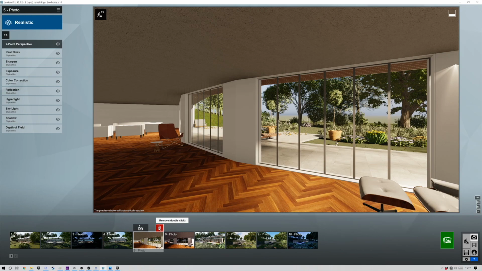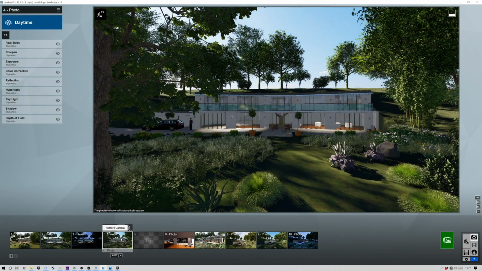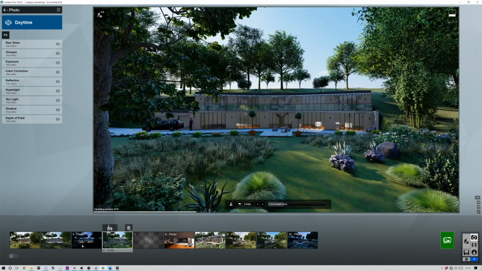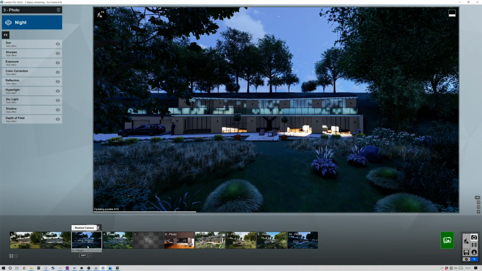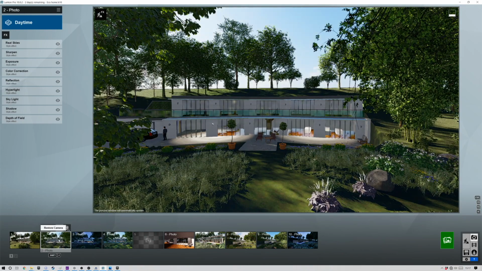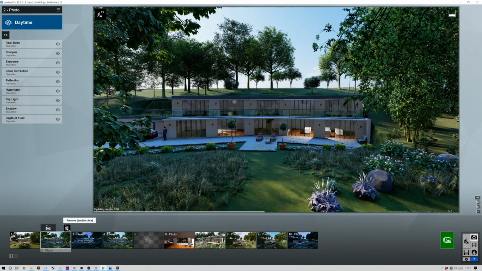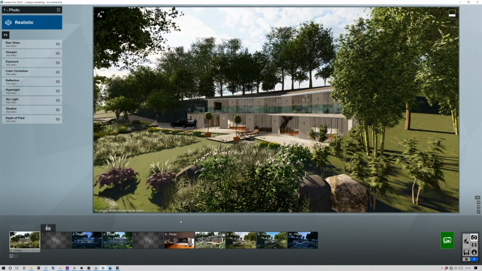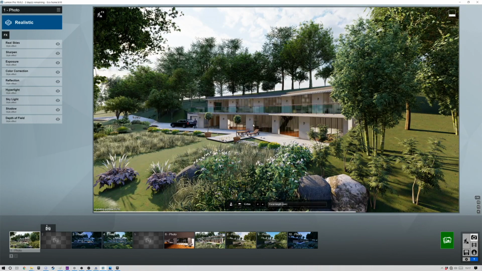Don't think I need that one, so we'll delete that one. That's very similar. That's a nice view, straight onto the building. Yeah, I like that with the night version as well. And that's a really nice daytime version. So yeah, we'll remove that one because we've got a couple of those already. So I'm going to render out all the final stills, and here is the final results of the images and animations put together for you